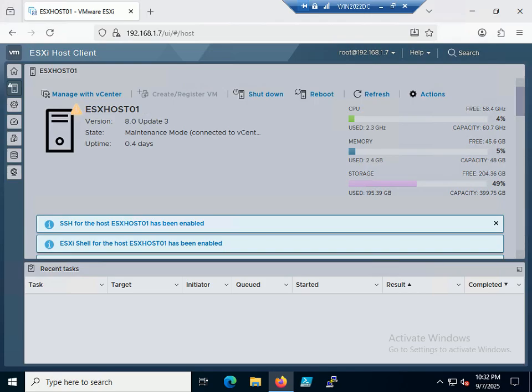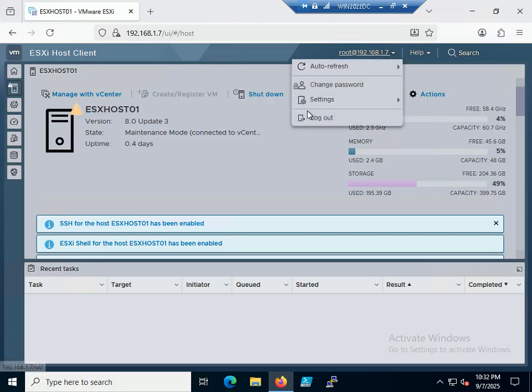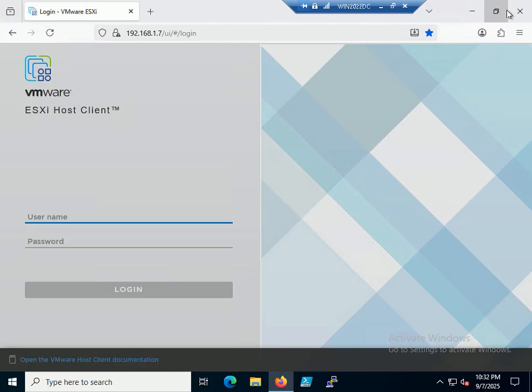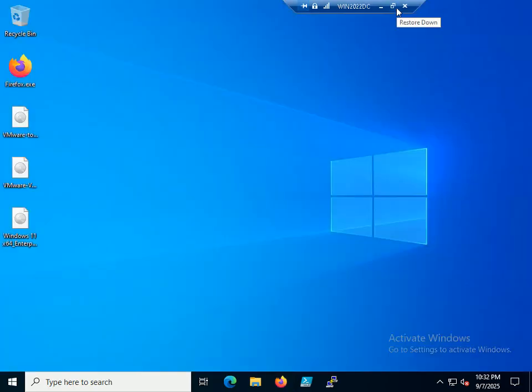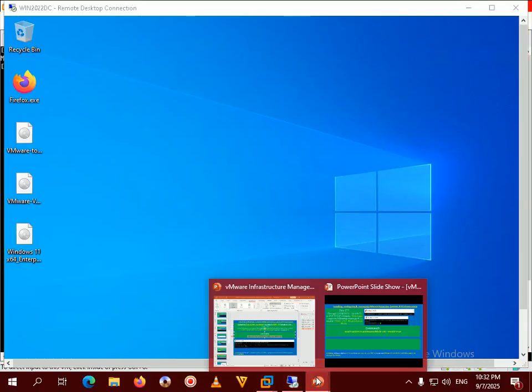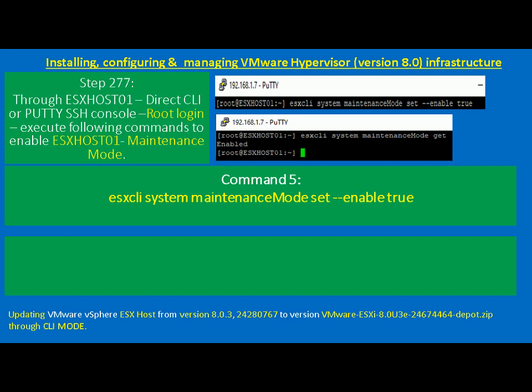That means our ESX host is in maintenance mode. If it is green, that means it is not in maintenance mode. If it is yellow, it is in maintenance mode. So let me log out from here. We have completed our command 5 to set the ESX host 01 in maintenance mode. Now the next command is